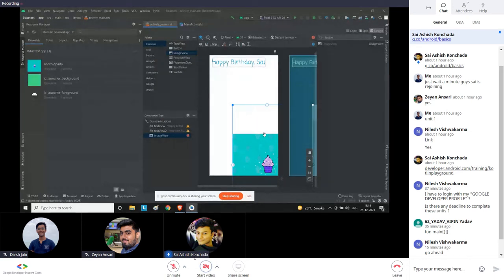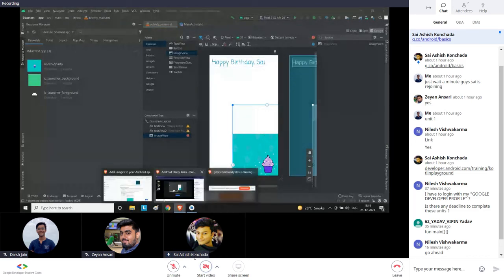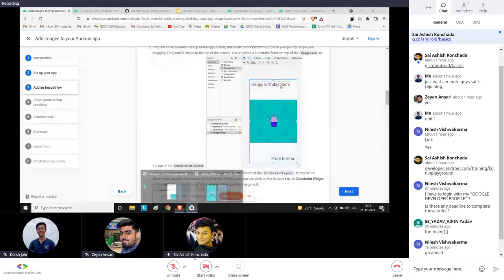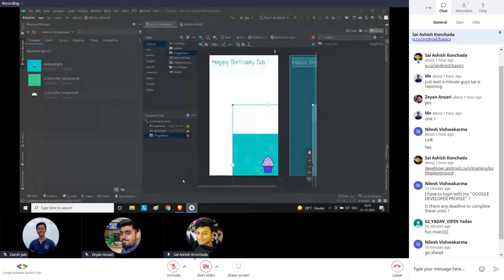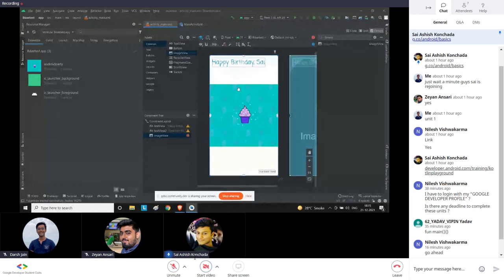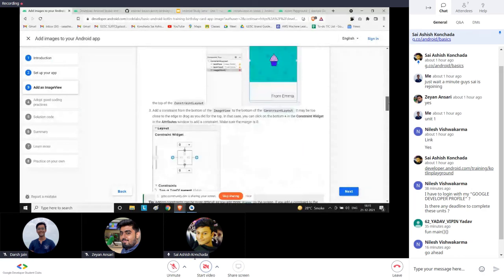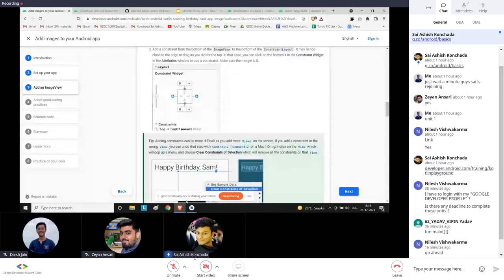But as you can see, it is just floating somewhere. So you have to actually position it and set it as a background. How we'll do that is we'll use these constraints. We'll take the image, we'll place it something like here. Okay. So right now it's placed and it has a relation of 0 from the top and 0 from the bottom. Earlier it didn't have any relation, it was just floating somewhere. Right now it has some relation. Here they have added 0 and 0 as the constraint.